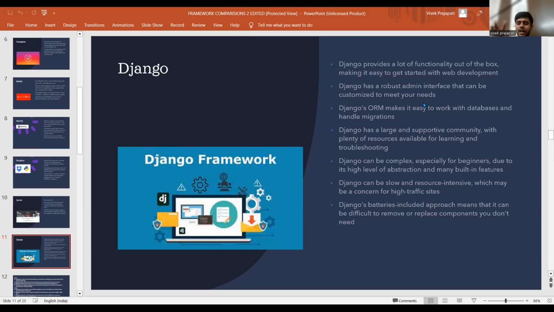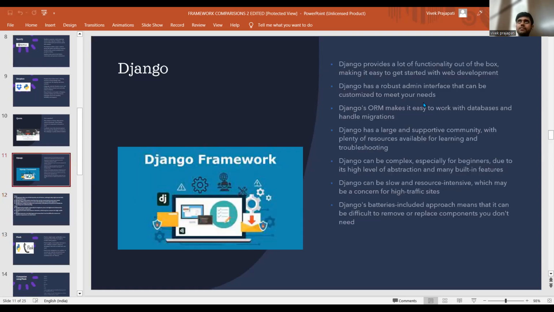So Django has a large supporting community and libraries and plugins because it's very popular, and it is used for most of the very large applications like e-commerce websites or any other software. Also, check that YouTube and some other applications are using a major part of Django web framework. But as it is a very large framework, it is also slow because of its robust admin interface.